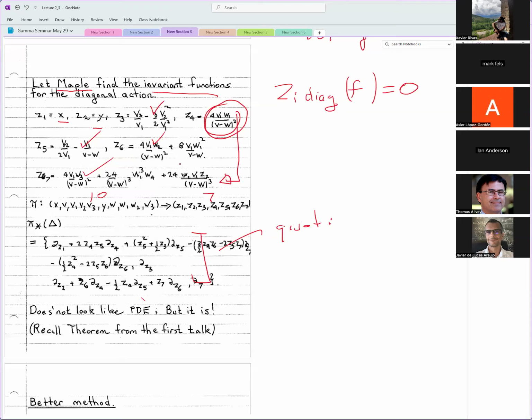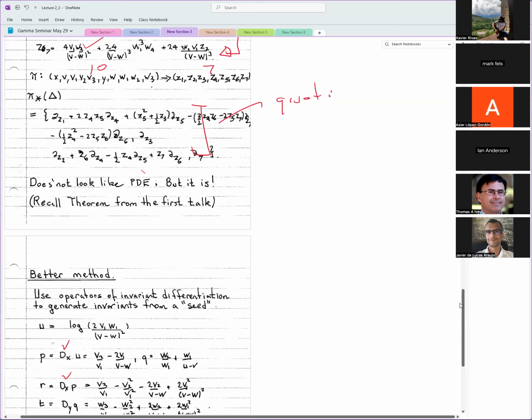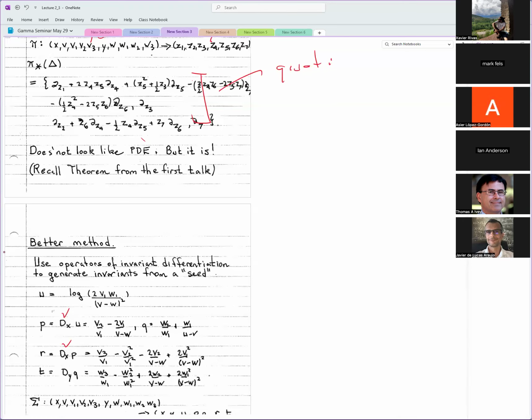So I think of this lowest order invariant as a seed invariant, in the sense that if I apply operators of invariant differentiation to it, I get all the other invariants. I start off with x and y invariant, and I have this seed invariant right here. I'll differentiate it and get a second order one, differentiate it to get another second order one, and here are the third order ones. And so using these operators now,